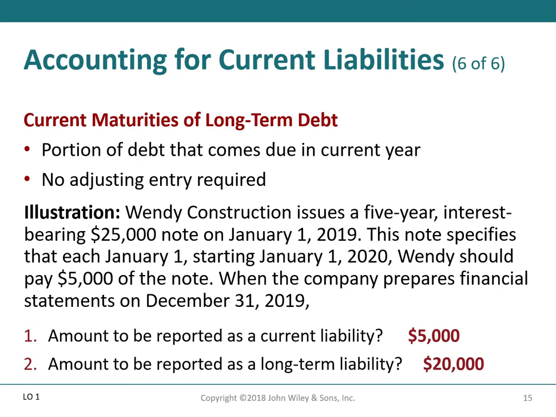However, if you know a car loan or a mortgage, you're going to have some payments that you're going to make in the next year, and then you're going to have payments that you're going to make in greater than 1 year. So the payments that we're going to make in the next 12 months or the next year are called the current portion of the debt.